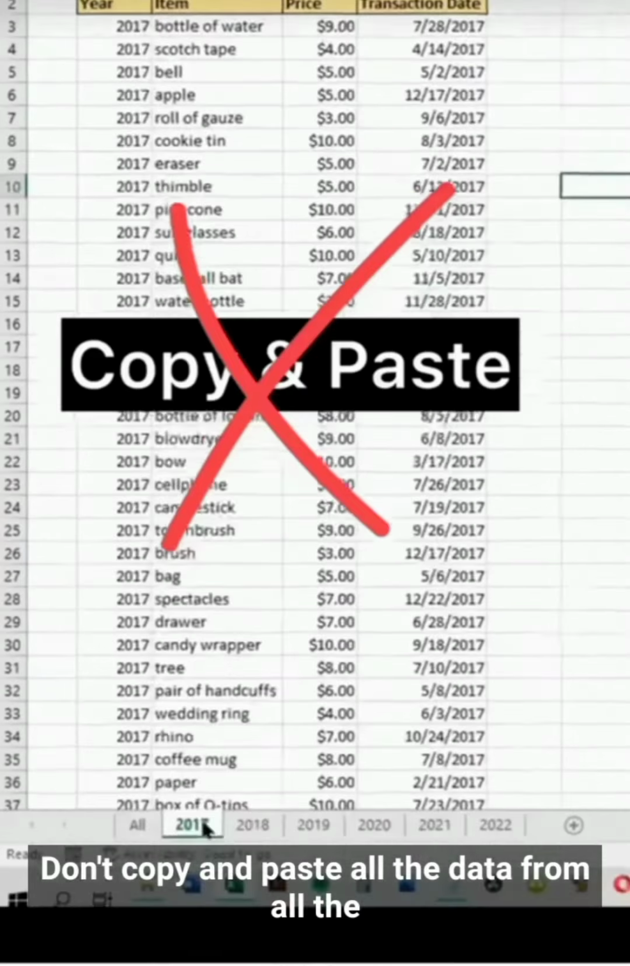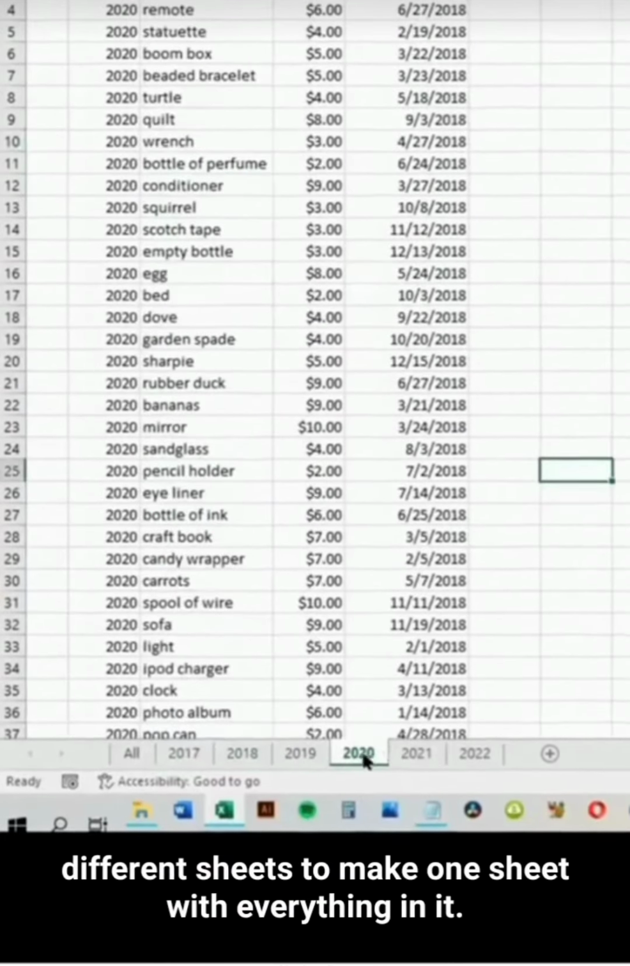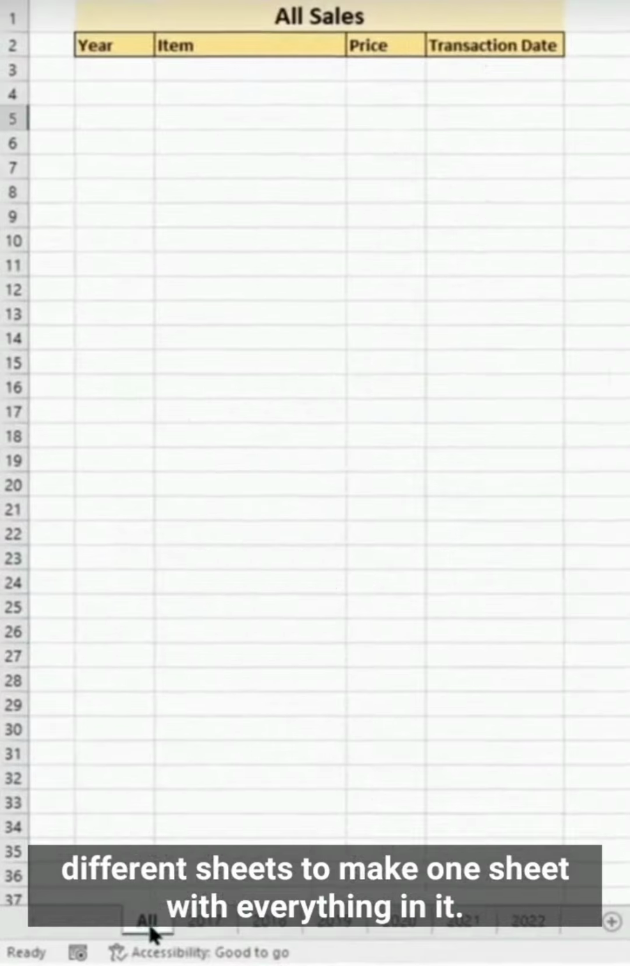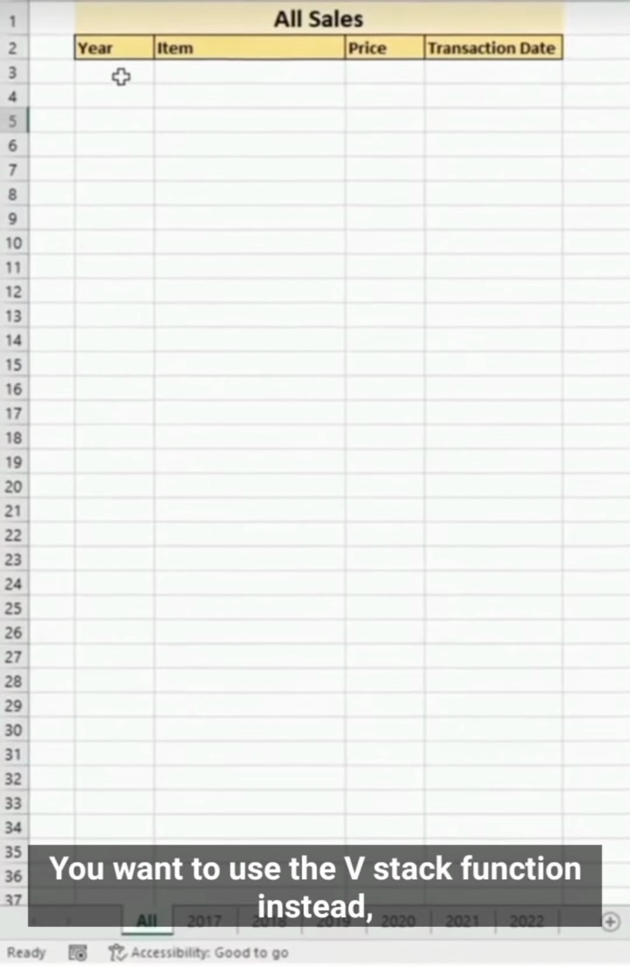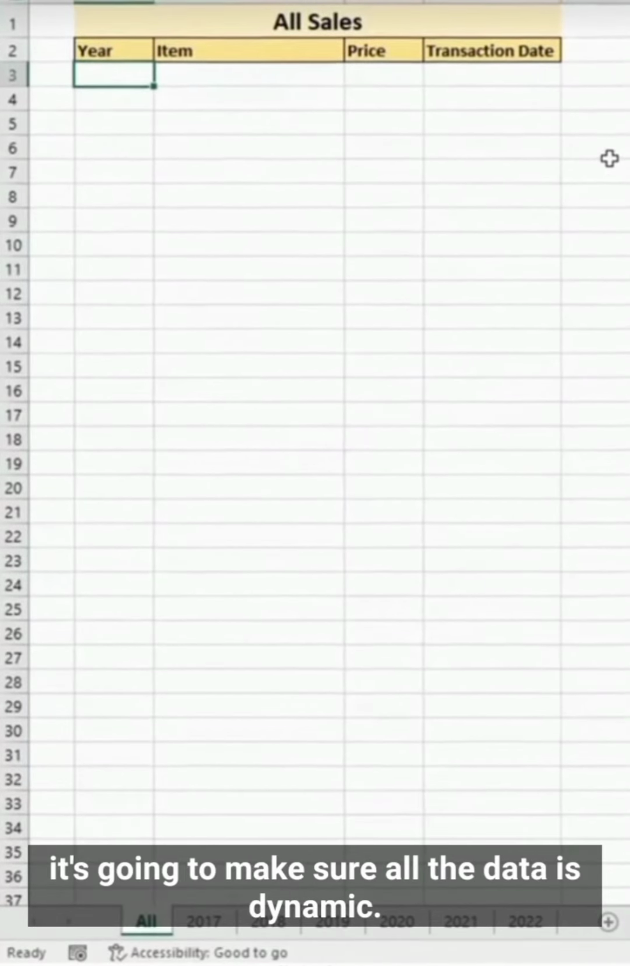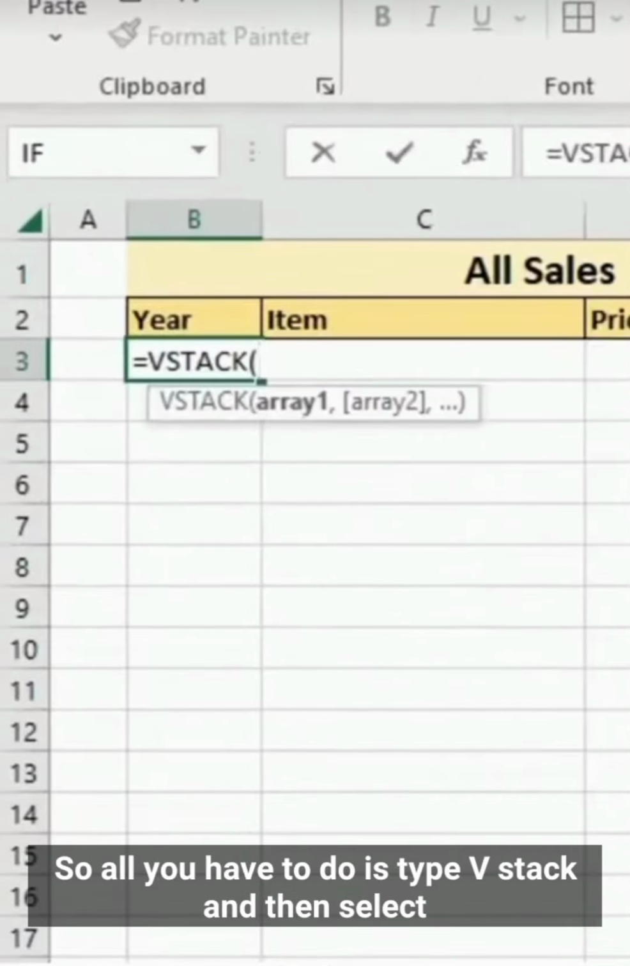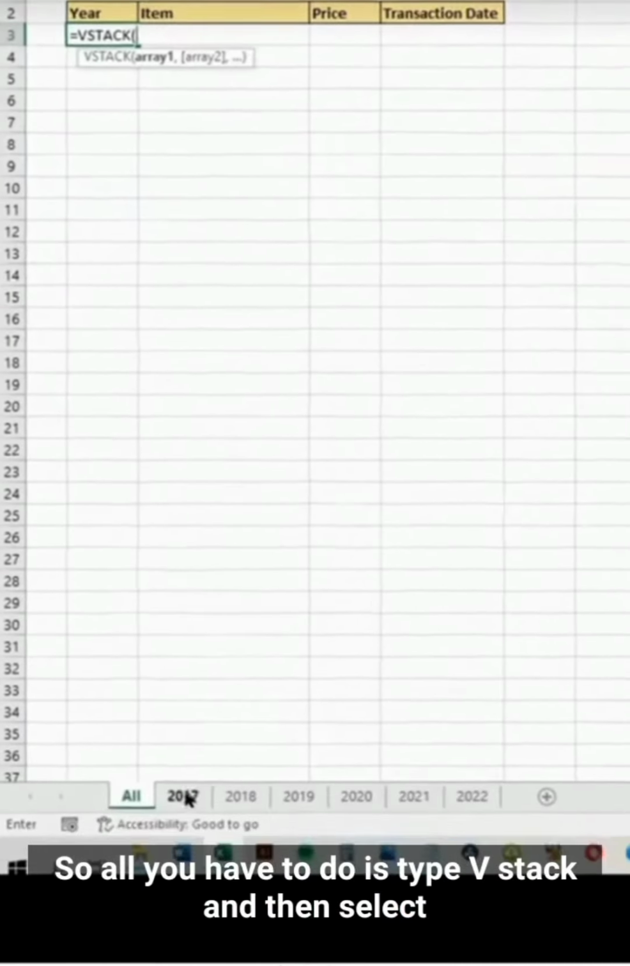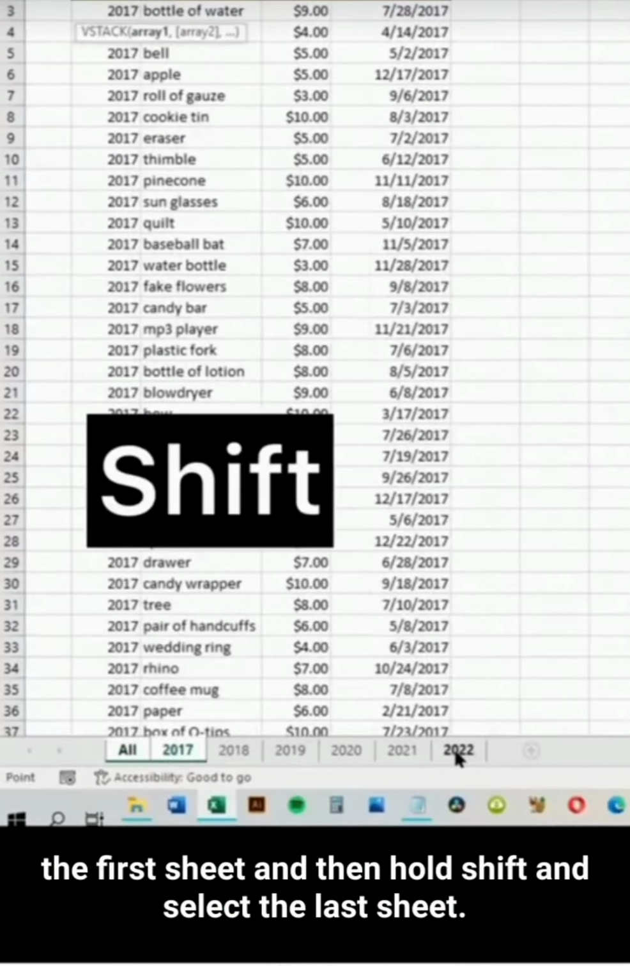Don't copy and paste all the data from all the different sheets to make one sheet with everything in it. You want to use the VStack function instead. It's going to make sure all the data is dynamic. All you have to do is type VStack and then select the first sheet and then hold shift and select